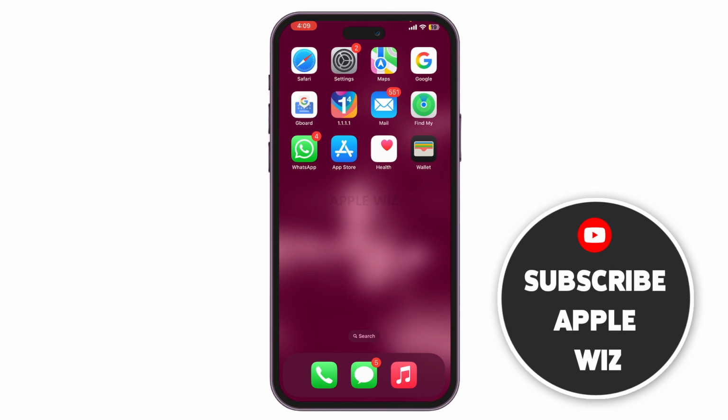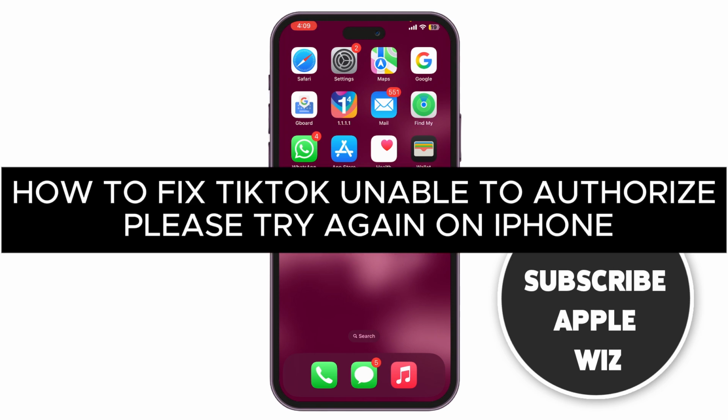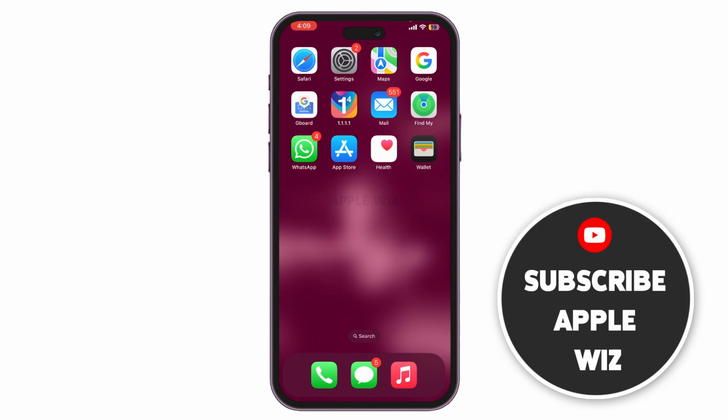In today's video, we're going to see how you can fix the TikTok "unable to authorize, please try again later" error on your iPhone. Well, this kind of glitch can happen for a few reasons, so we're going to see how to solve it. The first thing that you might want to do is try to see if your TikTok is